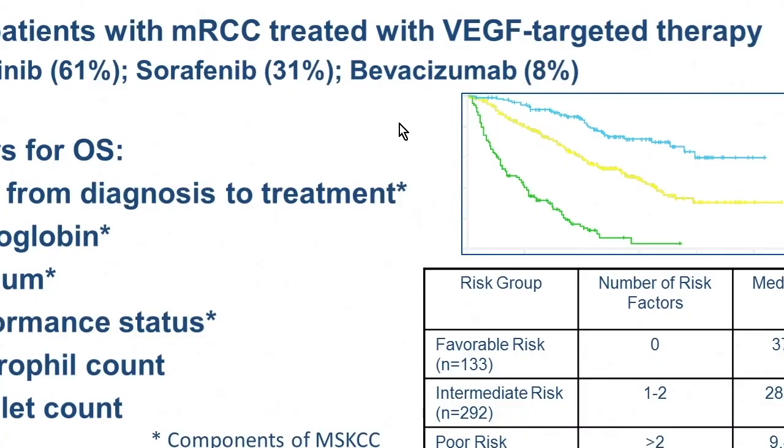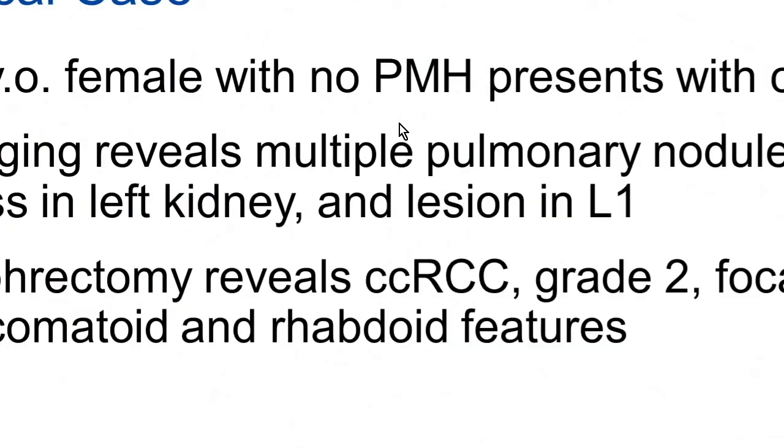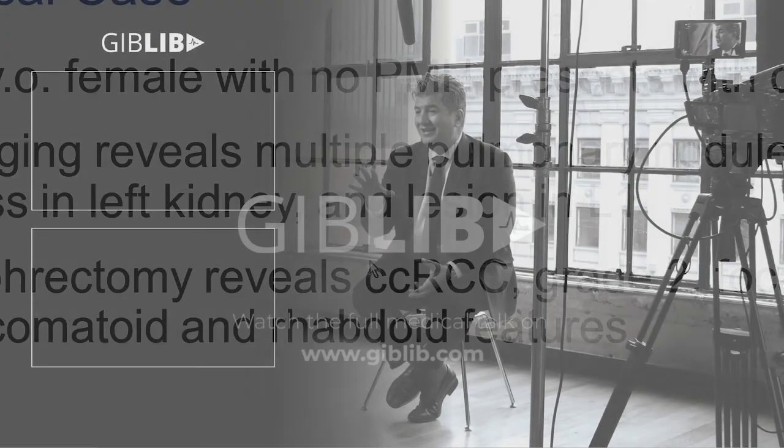Okay, so let's go with a case that I've had recently in the last year. It's a 46-year-old female. She had no past medical history and presented with a cough. Imaging revealed multiple bilateral pulmonary nodules, a large mass in her left kidney, and a lesion in her L1. She did undergo a nephrectomy, which revealed clear cell RCC, grade 2. She did have